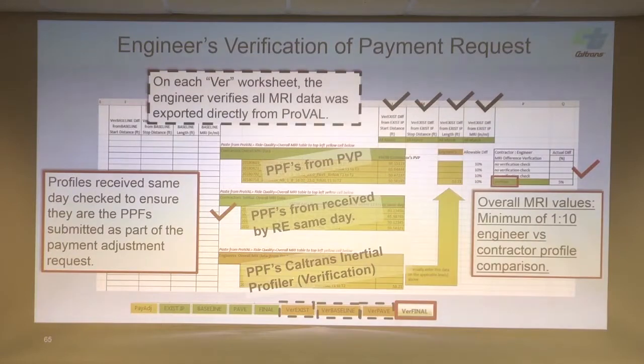Then the last one is where we bring in our verification value. So here we ran a final profile, and we had a 53, and they had a 50. So we're 5% difference from them. It's less than 10, so it's verified. So you don't have to check every one of these, but you should. As a practice, I think I would do the final one on every project for sure.